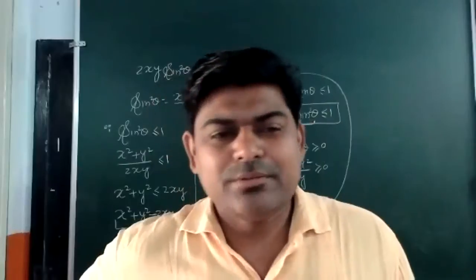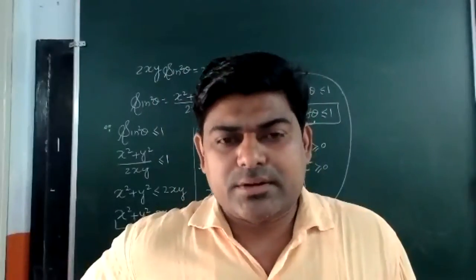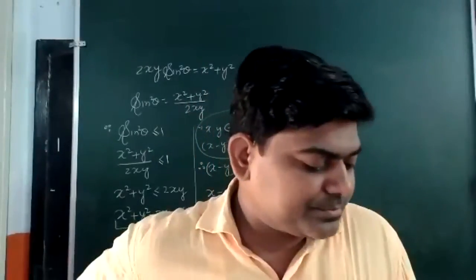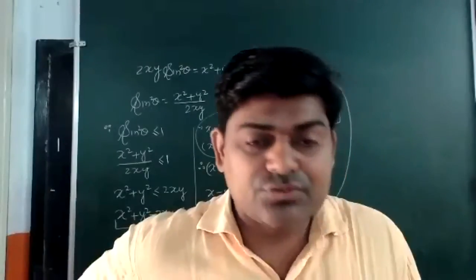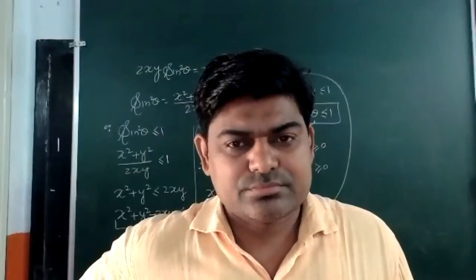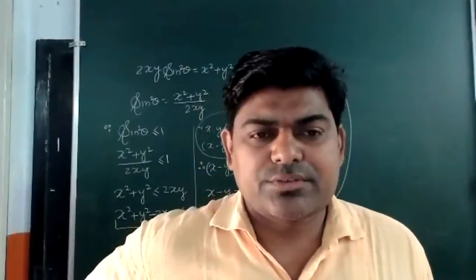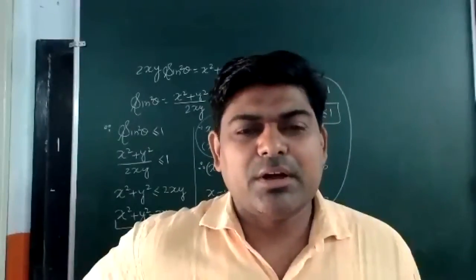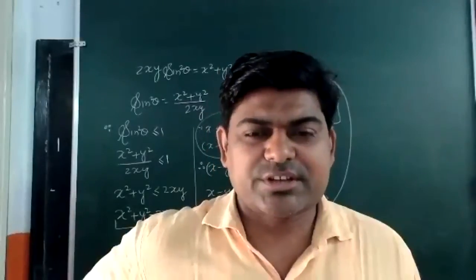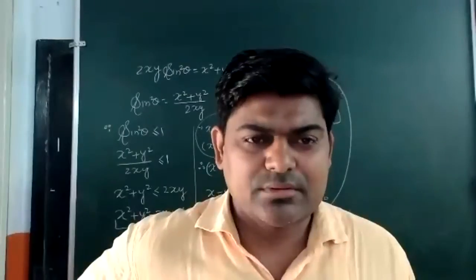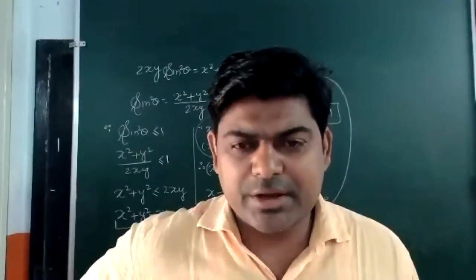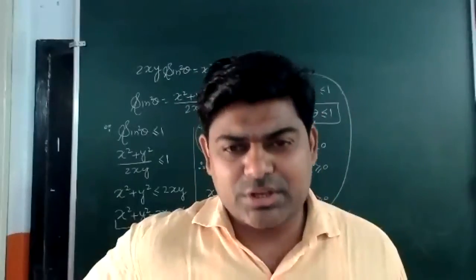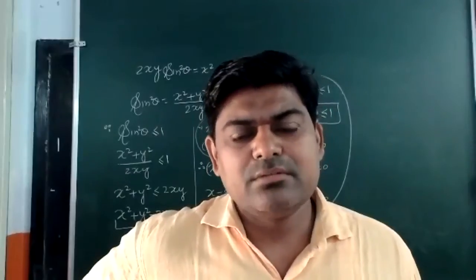Okay, let me tell you one thing. If I take the least value of sine square x, that will definitely be 0. But for cosec square x, since cosec x is defined for all values except 0, at x equal to 0 it will be undefined. Am I correct or not? If I take the positive and negative values of cosec x and square them, I think it will again be 0.